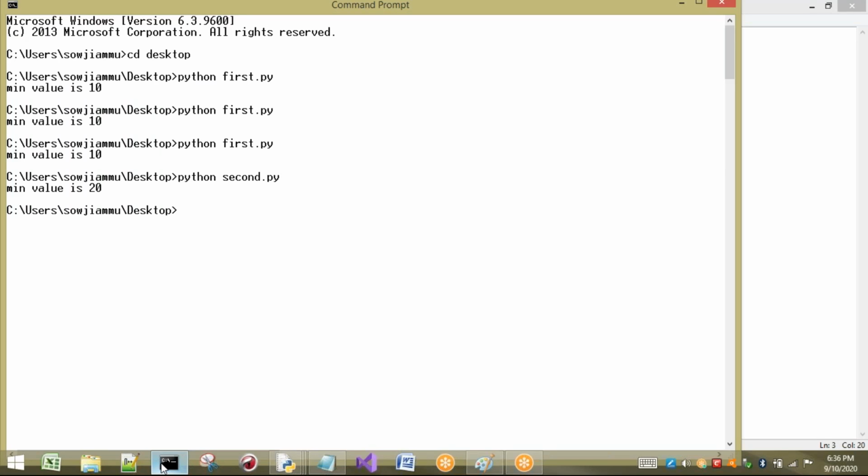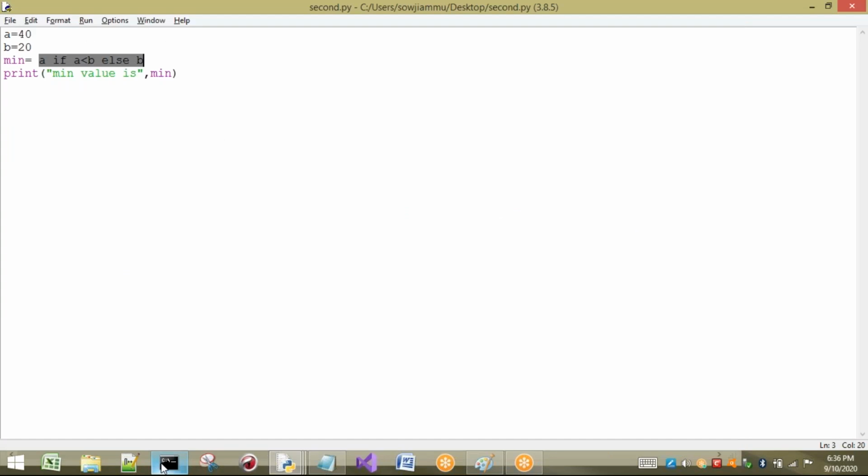Right. Now I will take one more example to make you clear by taking the nested ternary operator. We have already seen nested operators in before sessions. In the same way, I can nest this ternary operator also. That means I can run multiple conditions. So I'll take a small example for that also. I am going to take three numbers here. I want to find the maximum of those three numbers.